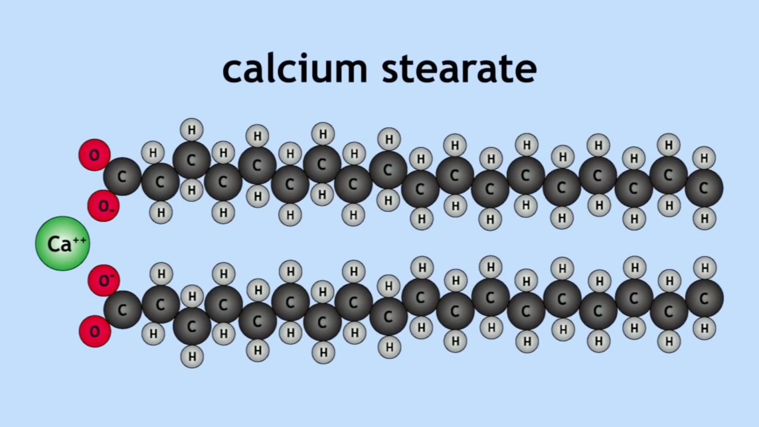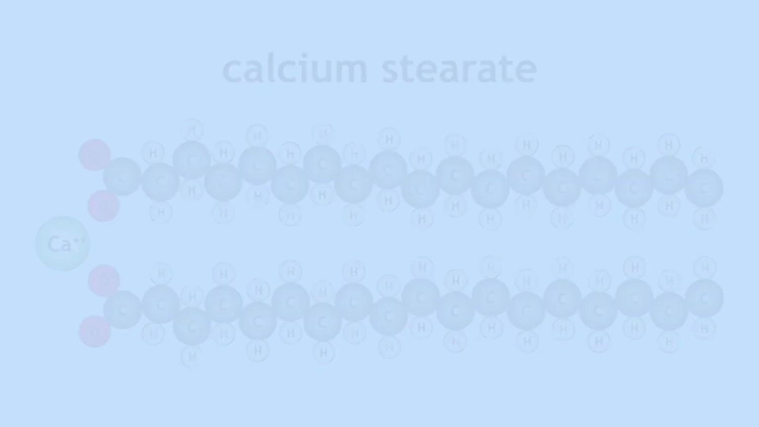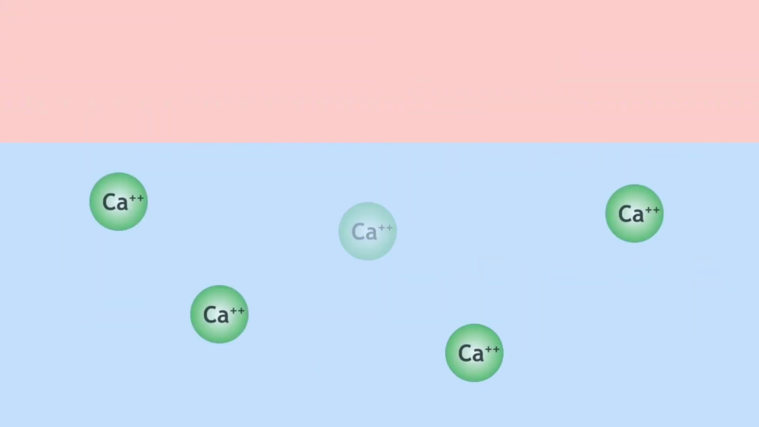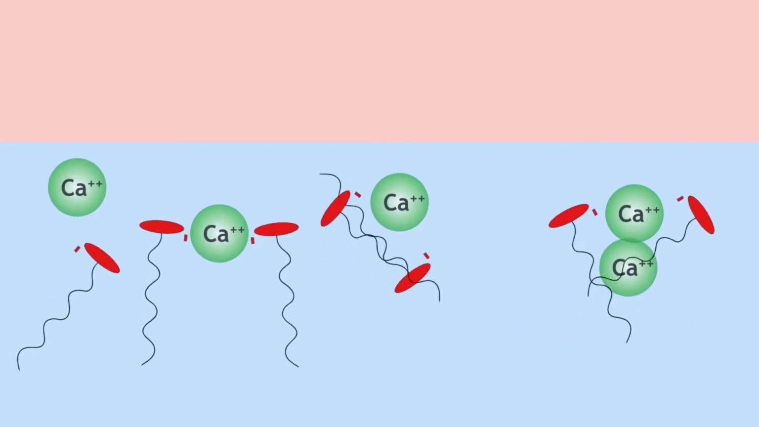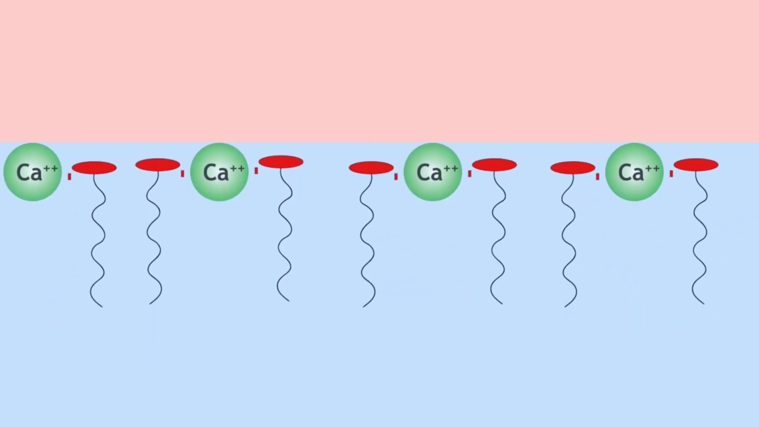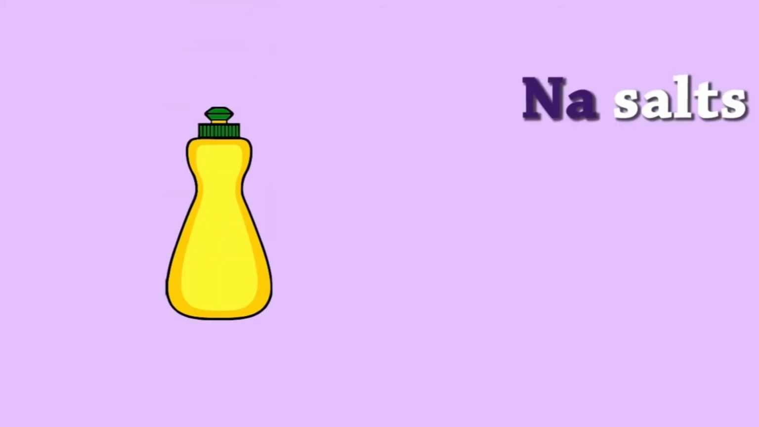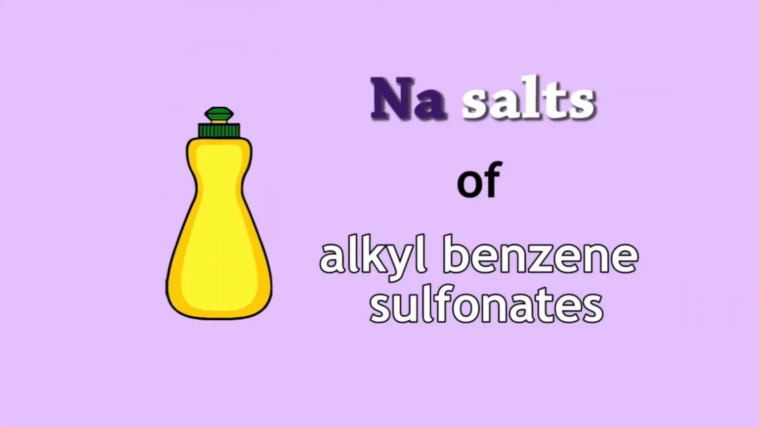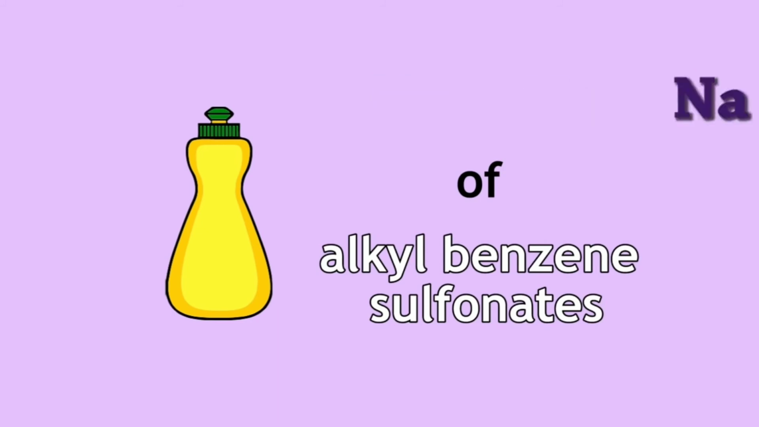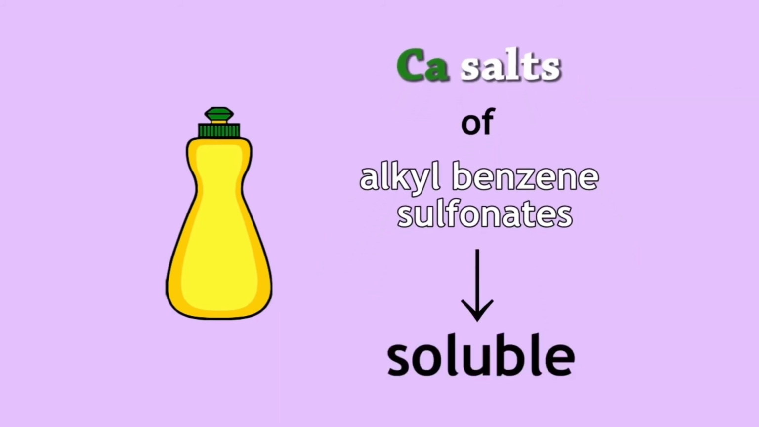However, calcium stearate is insoluble, so if the water contains calcium ions, the soap will not work until all the calcium ions have been precipitated out as scum. Detergents are sodium salts of compounds called alkyl-benzene sulfonates, whose calcium salts are soluble, so there is no problem of